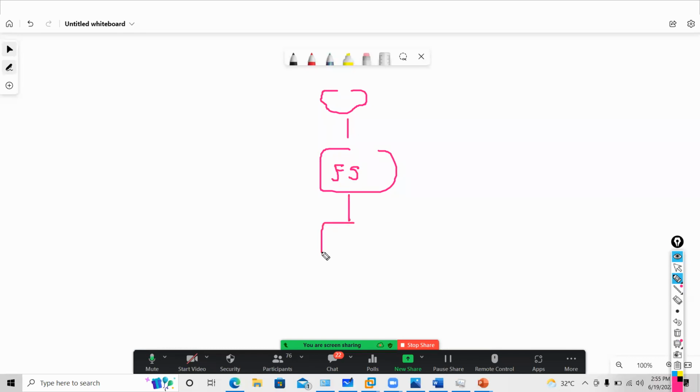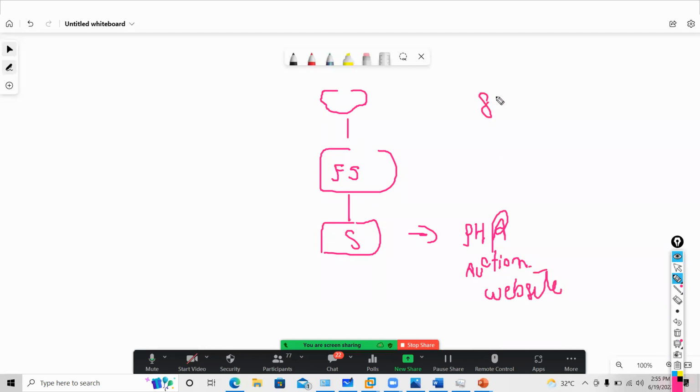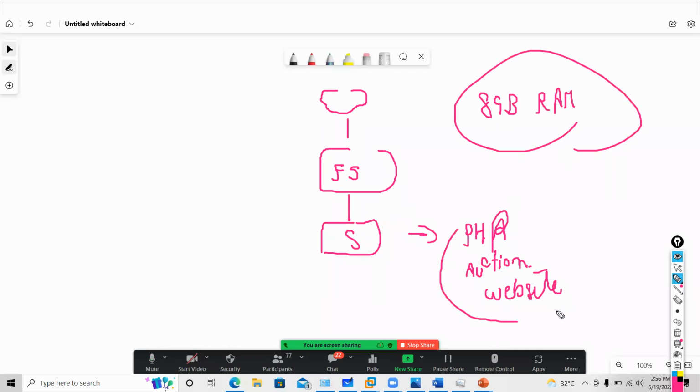I will have one server, which is called my PHP auction website. And you require minimum 8 GB RAM plus this PHP auction website, which I will be giving you. This is a vulnerable application. So how it looks like, I will show you.